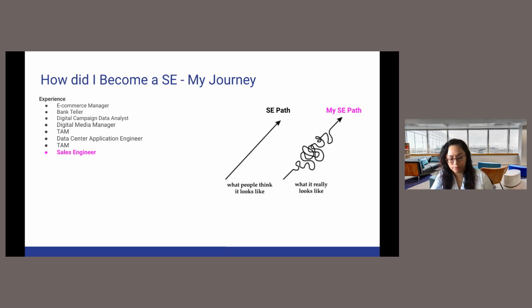After that, I moved to a company that did software image management for credit unions, and I became a TAM, a technical support account manager. In this specific role, I think what I learned the most was exactly what the difference was between on-premise deployments and cloud deployment licensing. This is when the cloud was barely coming out, right?